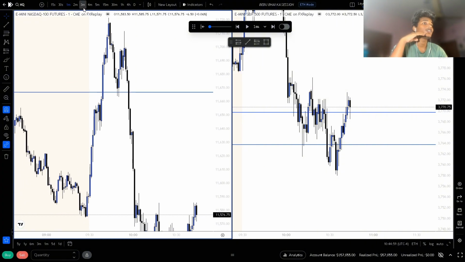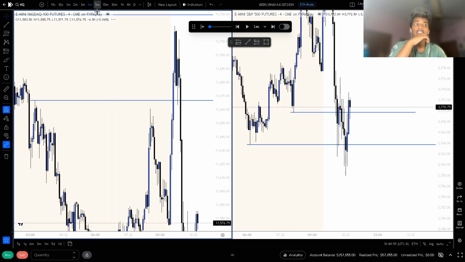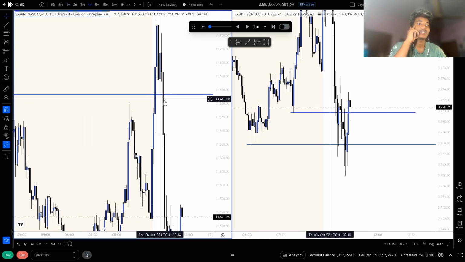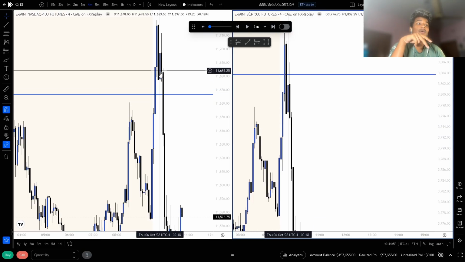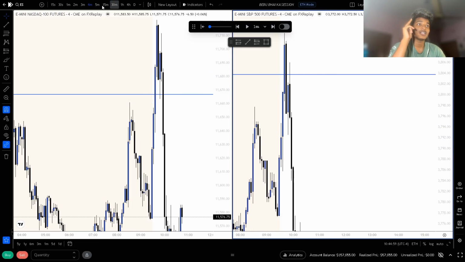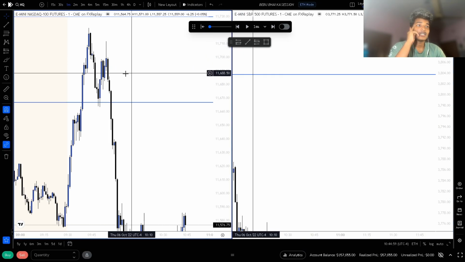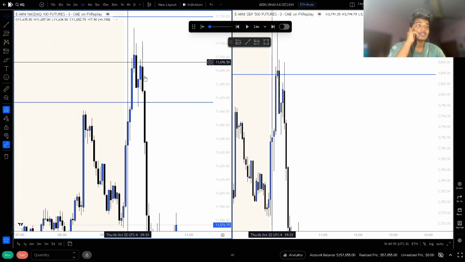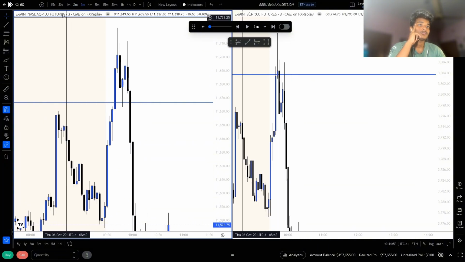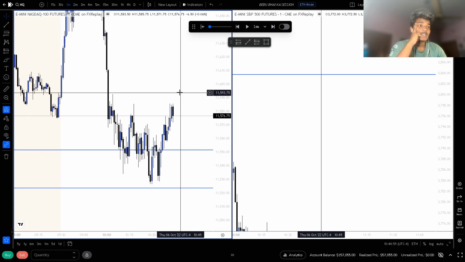Was there any entry? No, there was not any entry at this point of time, because you can see we have these two bullish 5-minute gaps as well, and when the market mitigated into this gap, I want a resweep, but the market did not end up resweeping, and there is no gap generated at this point of time as well in this manipulation leg, so no entries for me today as well. And let's see,